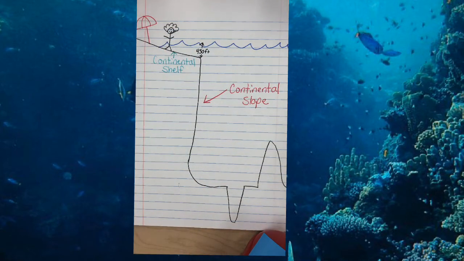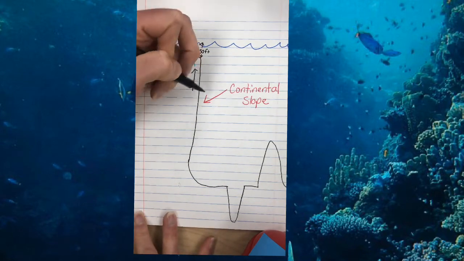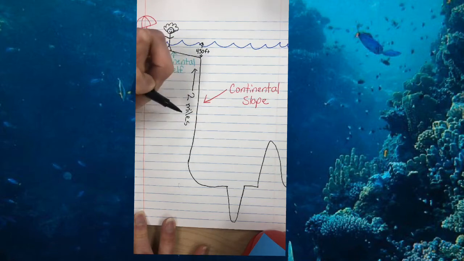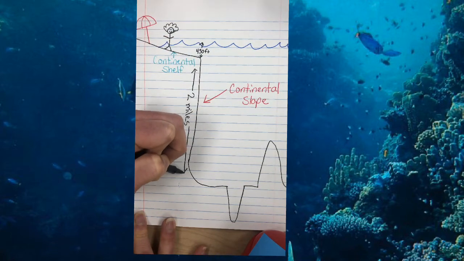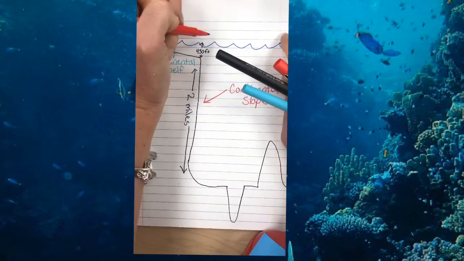The Continental Slope, and it is an extreme drop-off. The drop-off can be as deep as 2 miles. Very deep water. If you remember in Finding Nemo, I'm gonna put a boat up here, when the kids were